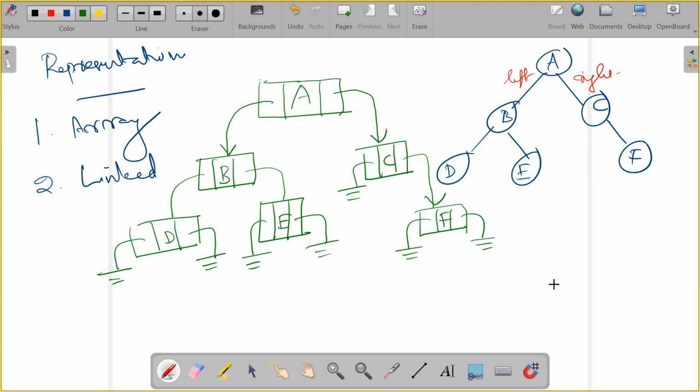So in the case of linked representation, we have nodes, or we have a collection of nodes. Each node will have a data part, a left link, and a right link. So this is actually a node in the case of linked representation of a binary tree. And what are the advantages and disadvantages here? The advantage is that